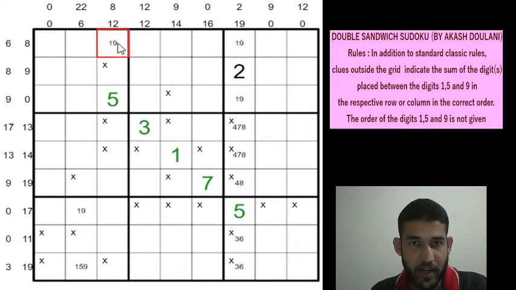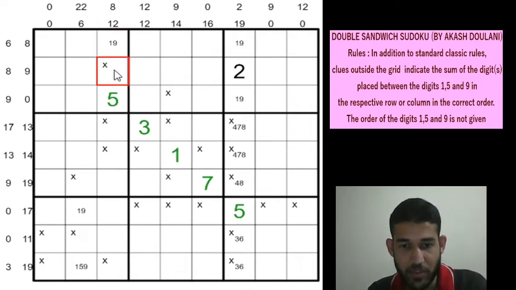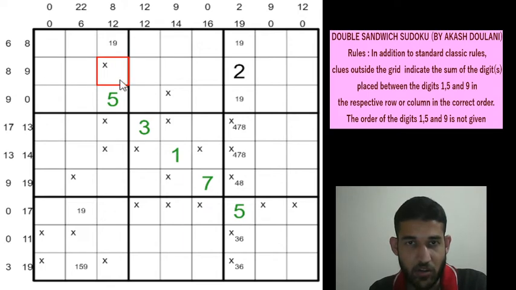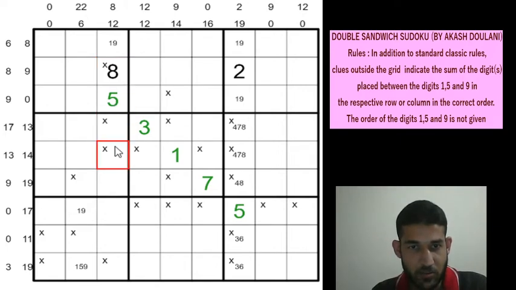So because 1 and 9 are here and there is a 5 here, we can put the 8 now in row 2 column 3. And 12 will require at least 2 cells, so we have already marked those as X's. So now the 1, 9 comes here, here or here. We don't know where.